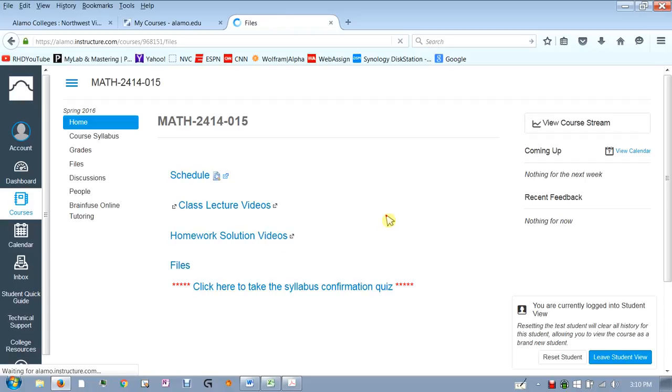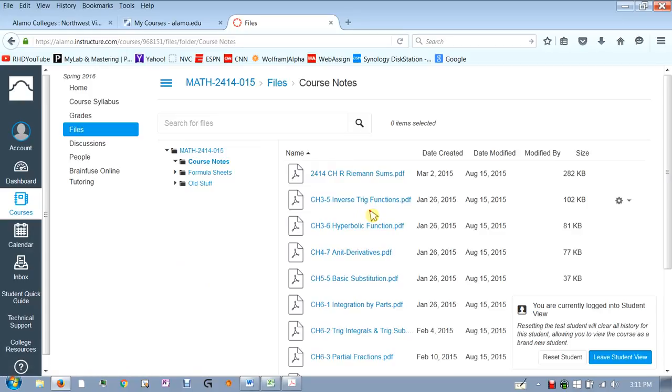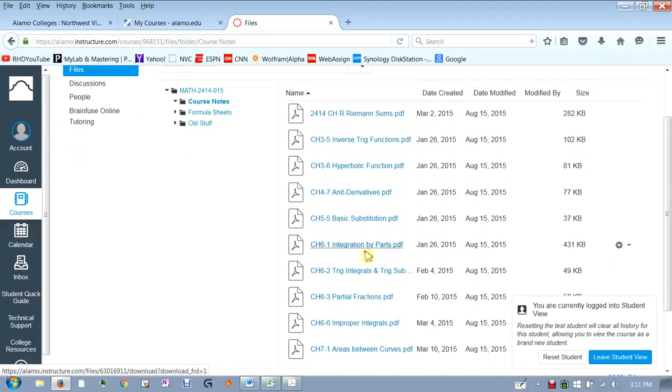Files. So in files is where you'll find a couple of good things. The schedules here, all right. Course notes. So I have notes that are already made for the class, not for the whole semester. I only go up through 7.1, and it's because after 7.1, the notes become a little more difficult to write up, and so it's easier for me to just lecture like a traditional lecture where I write the notes on the board. But before that, the first few sections, you're going to have some notes that you can